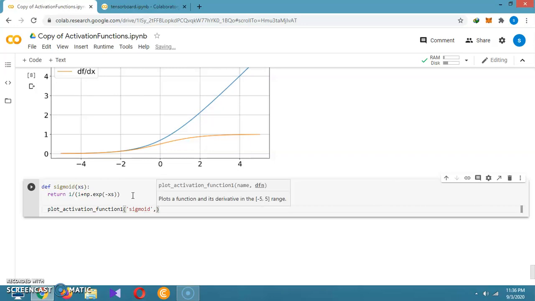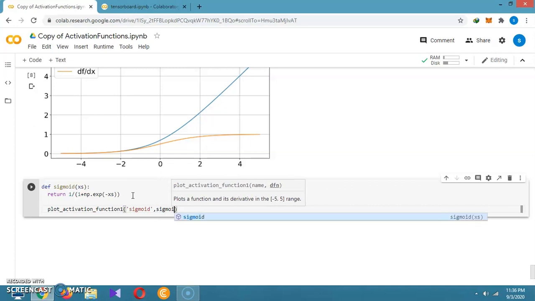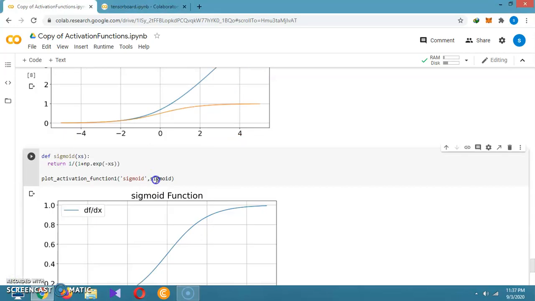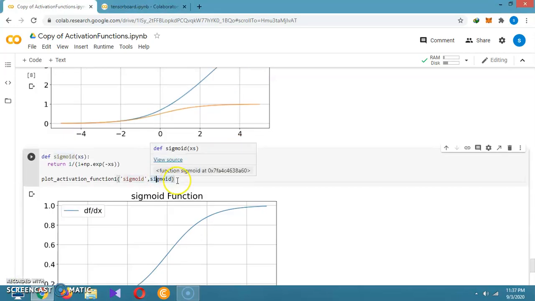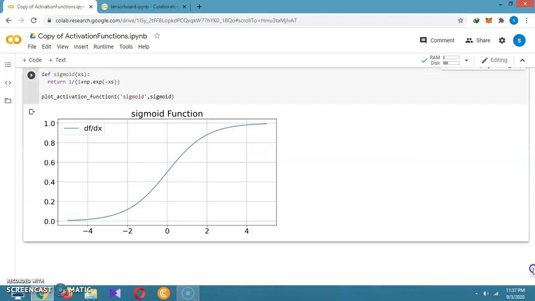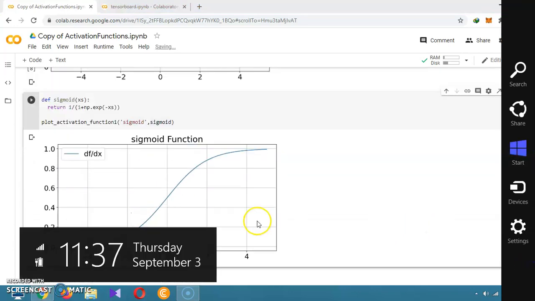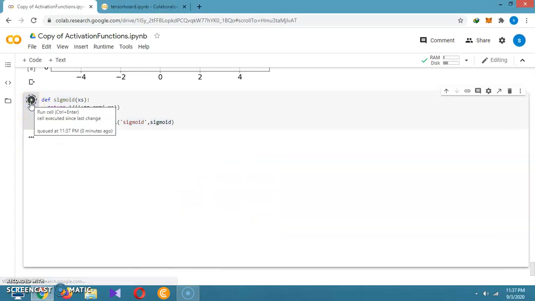So it is a sigmoid function, comma. Right now, which parameter should we pass? After passing this parameter as a sigmoid, it is drawing the curve like this.